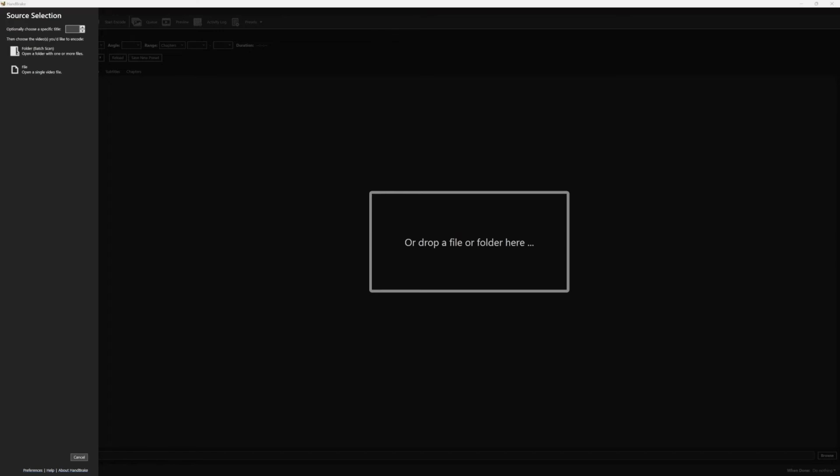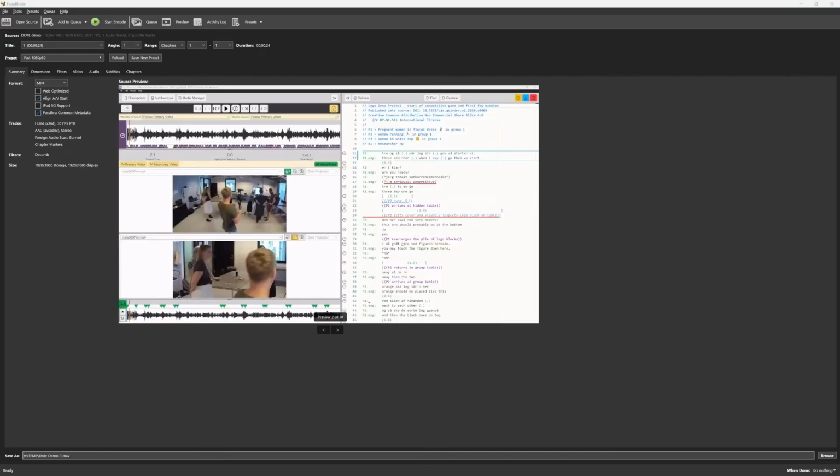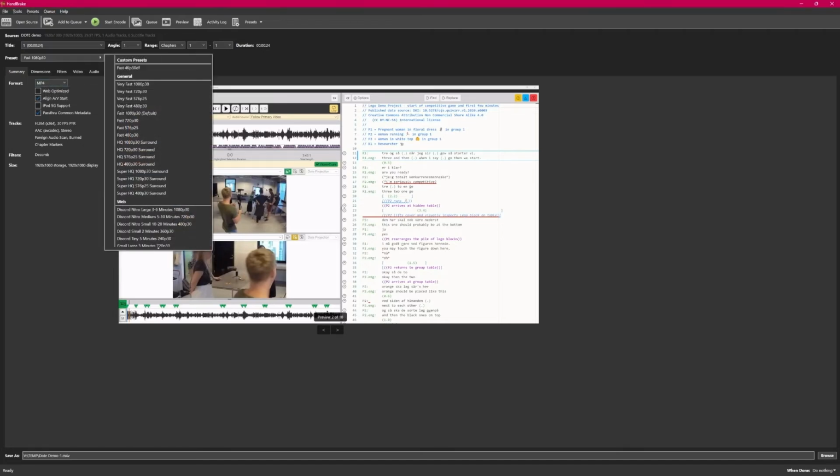I'm going to drag, this is the file that I was working with. So this is the file that should be working. And what you can see here, it's got a lot of controls and everything. All you're concerned about is start encode and choosing a format in the preset here. And it says MP4 format to export. That's all you need to know. So what we could do is take a look and say, well, we want a fast format at 1080p. That's pretty okay because this is 1080p and it is